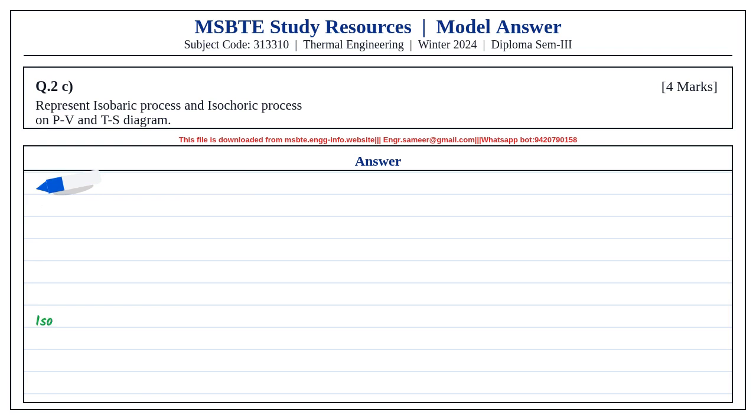Question 2d. A gas expands at constant pressure. Calculate the work done by the gas and increase in internal energy. Given volume V1 is 0.5 meter cube, V2 is 1.2 meter cube, pressure is 10 bar, and temperature T1 is 473 Kelvin. Cp is 1.005 and Cv is 0.712 kJ per kilogram Kelvin. Therefore R is